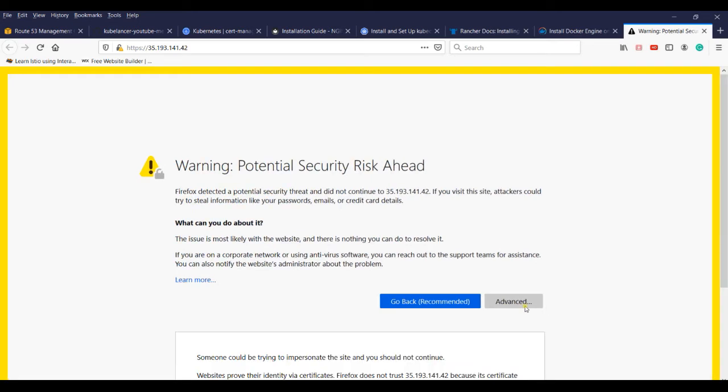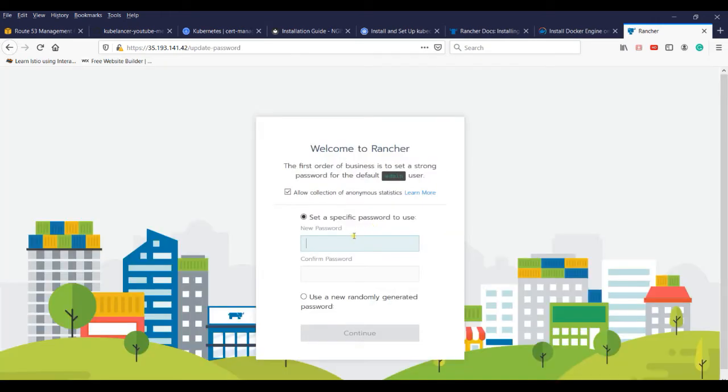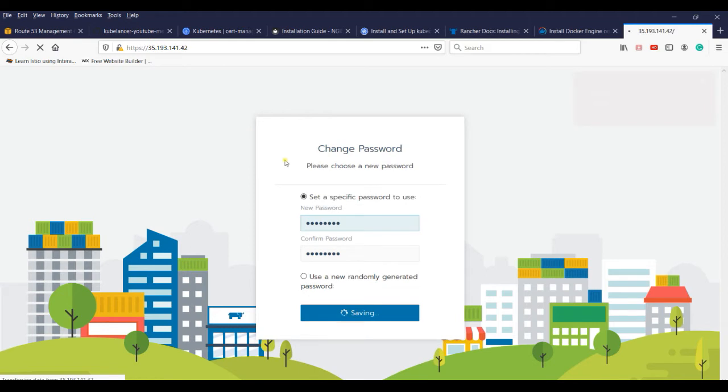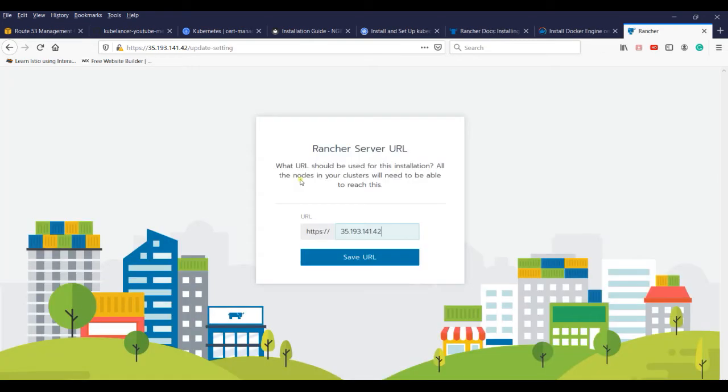Click advanced, accept the risk and continue. Set the admin password. Set the base URL.